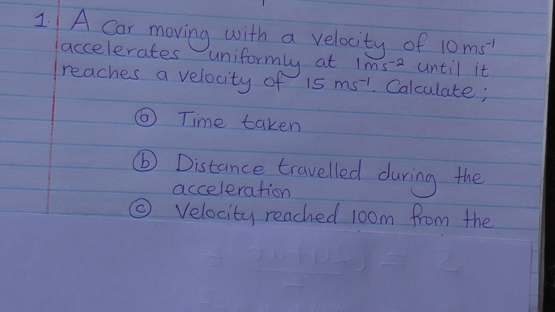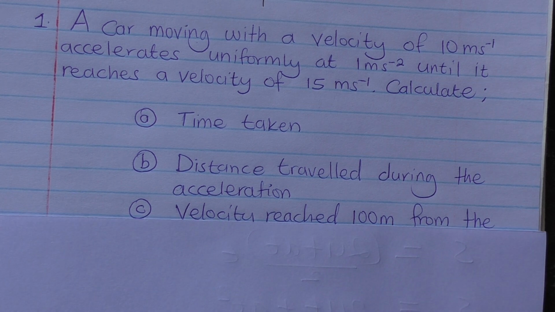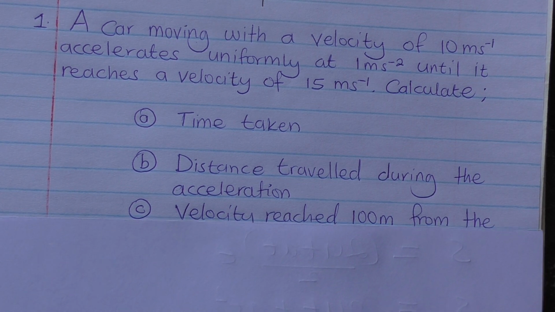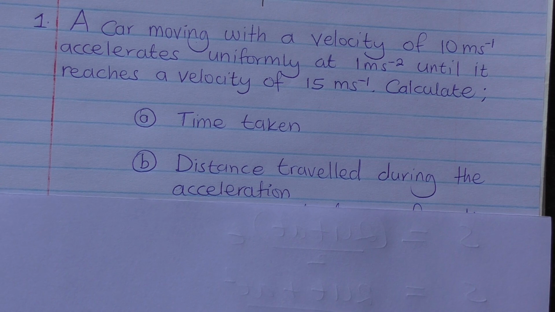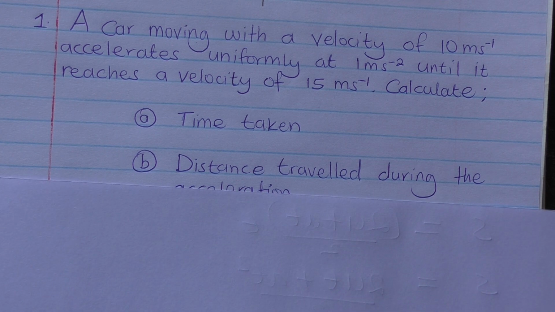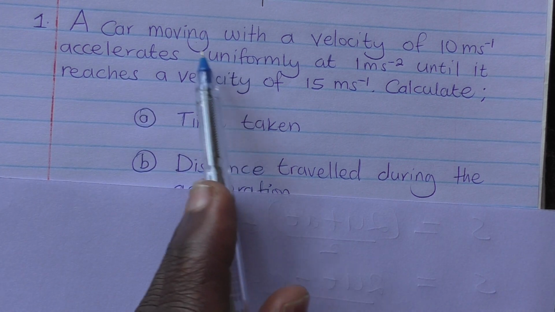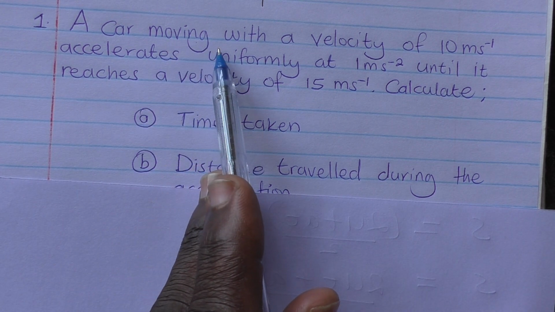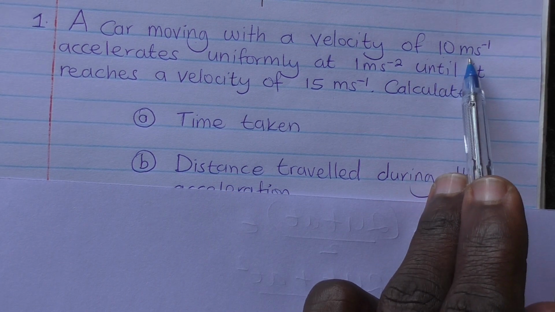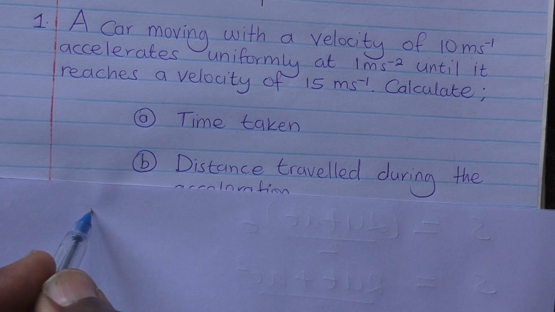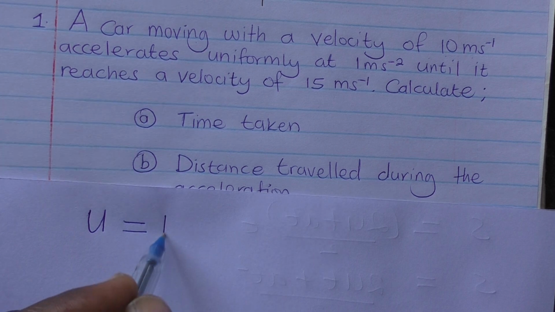The first step always when you are given calculations in physics is to summarize. You summarize the information given from statement to mathematical forms. So in the question, we are given a car that is moving with 10 meters per second. 10 meters per second is now our initial velocity,